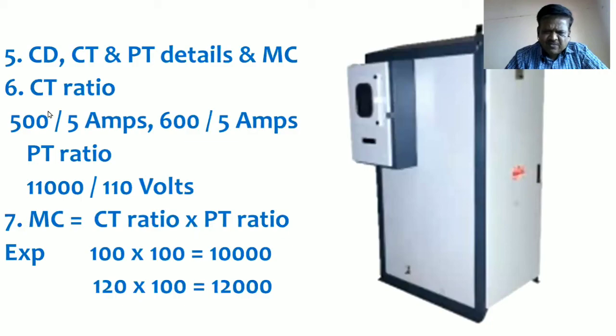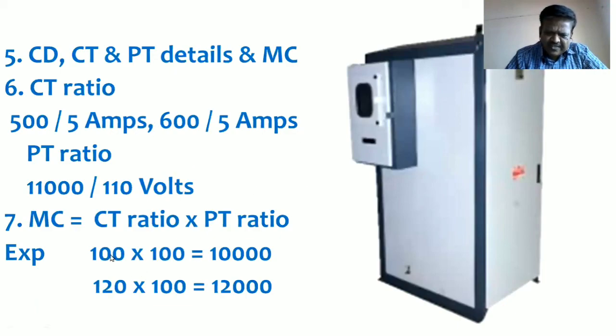This 100 is called the CT ratio. Again the PT, 11,000/110, is also 100 times, so the PT ratio is also 100. Now the CT ratio is 100 and the PT ratio is 100. Whatever power you are measuring, you know power is the product of current and voltage. Whatever the measuring instrument is recording, the reading of the different powers, kVAr, kilowatts, even energy, should be multiplied by the product of these two ratios.